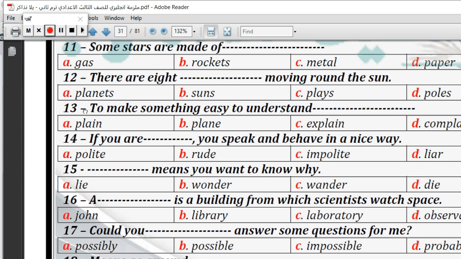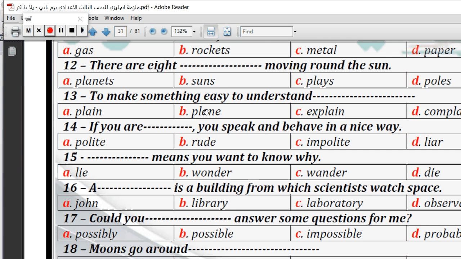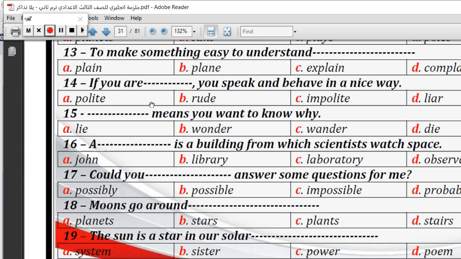Number 13. To make something easy to understand is to explain. Number 14. If you are space, you speak and behave in a nice way. If you are polite. Number 15. Space means you want to know why. Lie, wonder, wander, die.